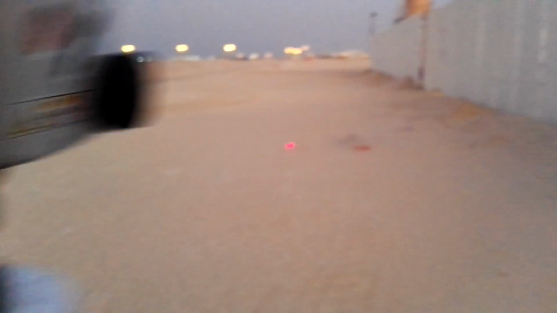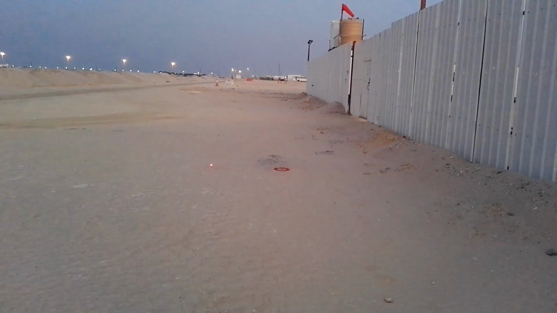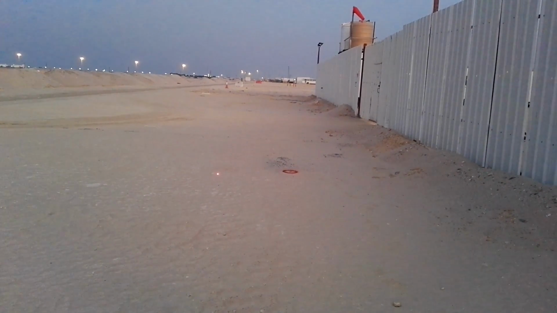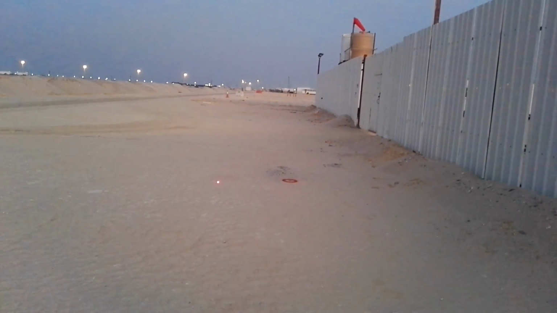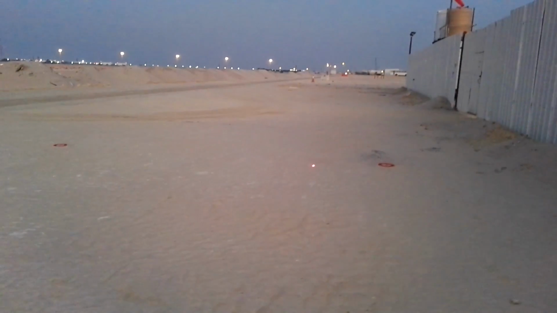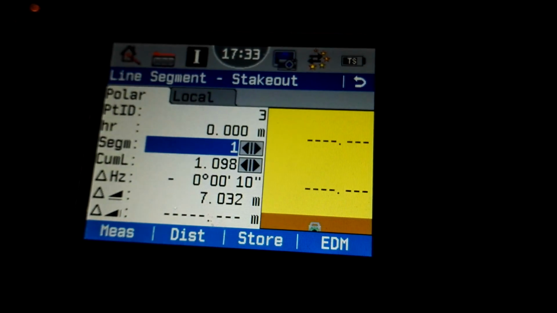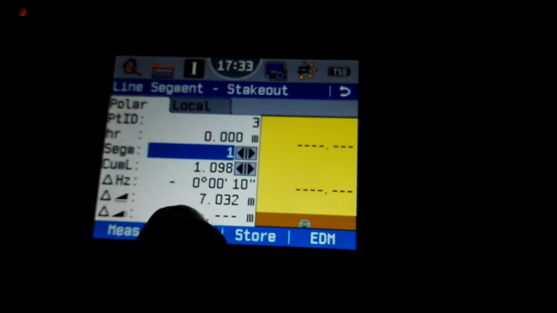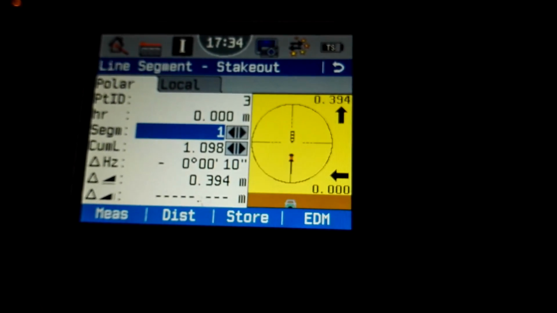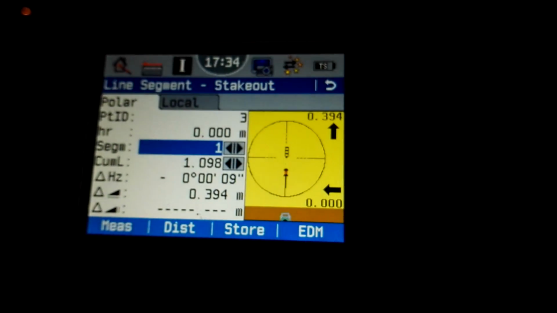As you see, my non-prism and my laser are already on, and you can see it on the ground. So after focusing on the point, if you have a prism, you can use the prism, but now I'm using the non-prism. And then what I will do, I'll simply press F2 for the distance. So I'll press F2 for the distance. So it's showing me I need to go 39 centimeters away from the instrument. So I'll go approximately 39.